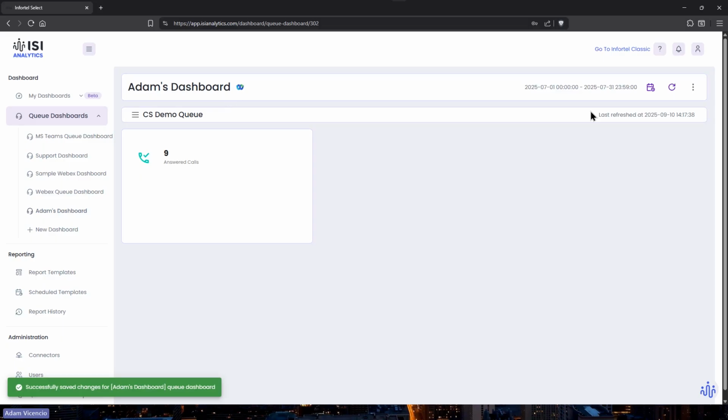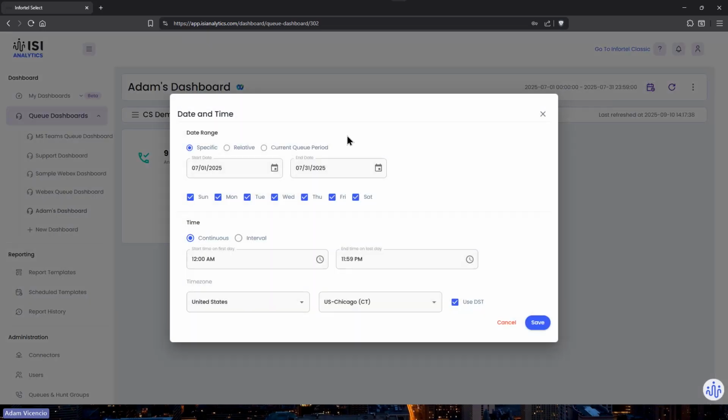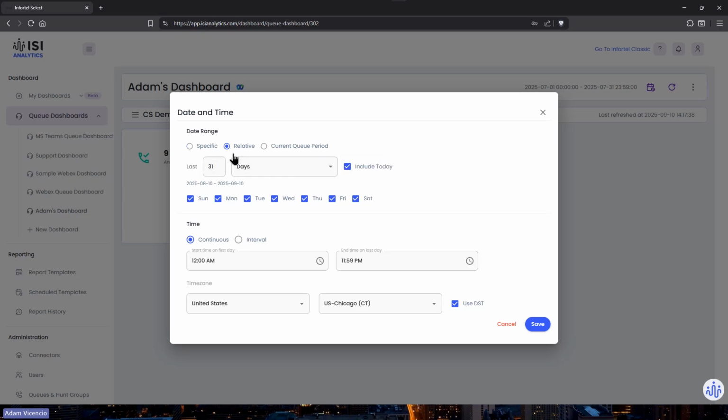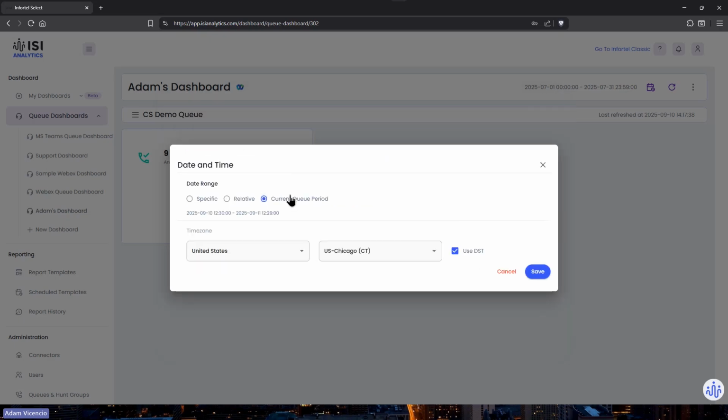In this dashboard, you have the ability to set the date ranges for the queues, for the widgets, to show what date range you want to see. So going back into that, I set a specific date range. You could do relative, so the last 31 days, or the current queue period, which represents basically today, and then the hours within today that you're wanting to monitor. This setting, though, the hours that you would see in this is set by a manager of the queue in the product here. So you actually have to specify, hey, when I look at current queue period, I'm really only wanting to see between 8 and 5. And that's what we set that to.